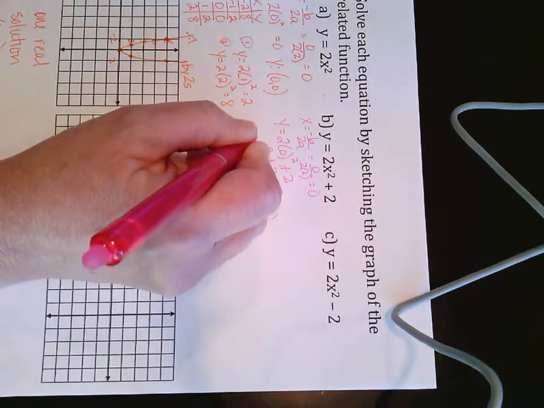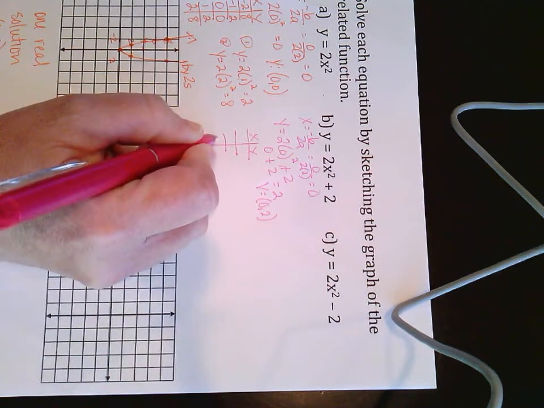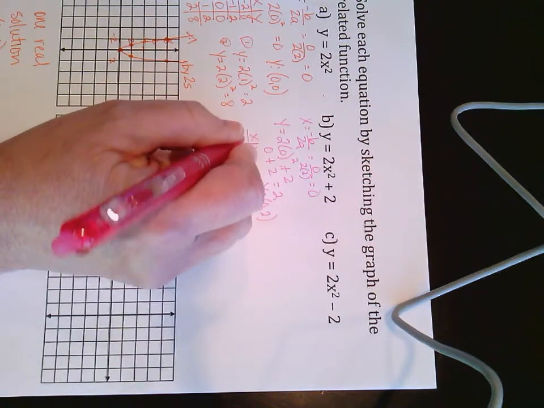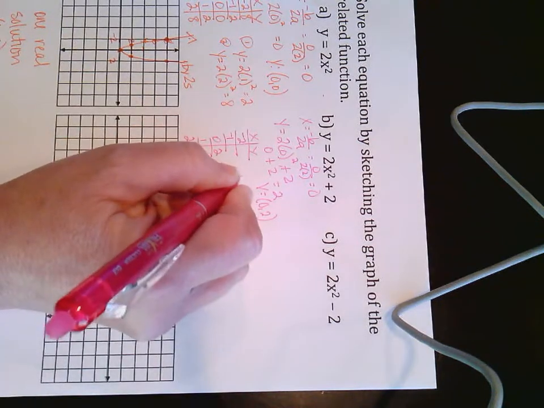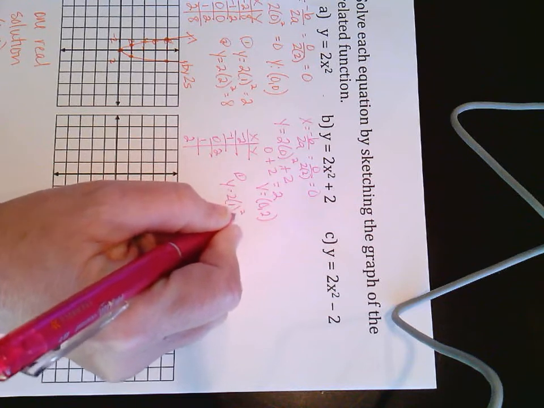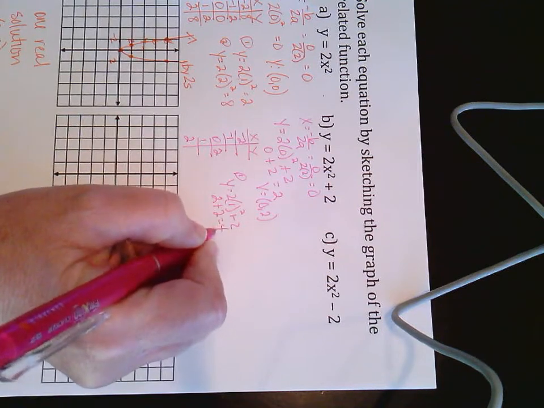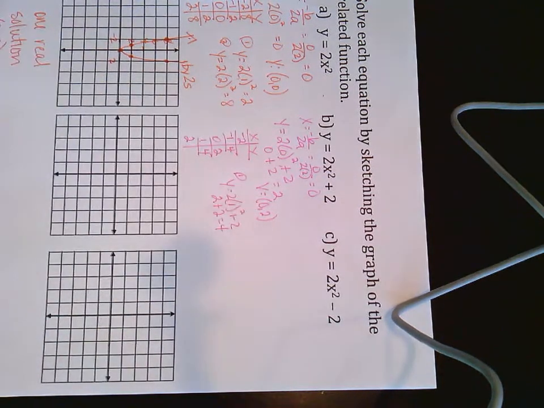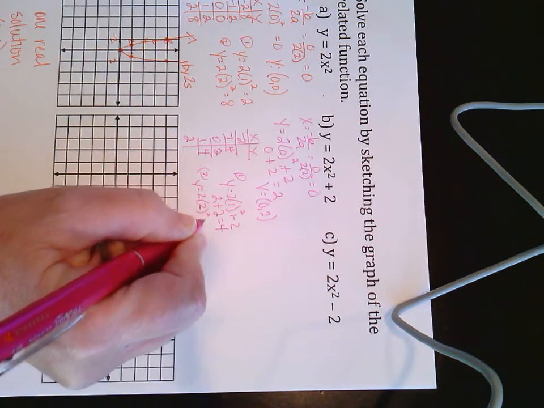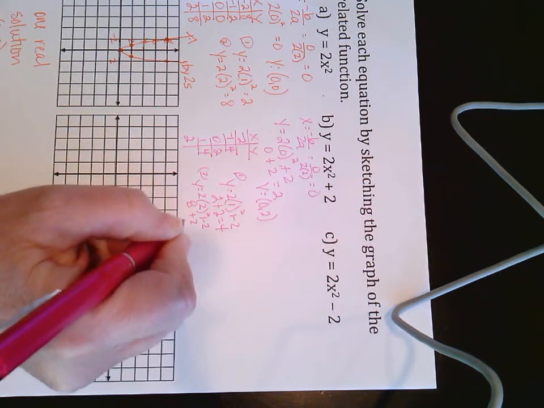So I'm going to do my x and y chart. And (0, 2) is the middle value. Your vertex should always be in the middle of the values. And then I need 2 x's to the left and 2 x's to the right. To get this one, I'm going to plug 1 in for x. So I have 2 times 1 squared plus 2. 1 squared is 1, times 2 is 2. And 2 plus 2 is 4. So that's 4, and that's going to reflect a 4 on the other side. And then the second point I have is to plug in the 2. It's 2 times 2 squared plus 2. 2 squared is 4. 4 times 2 is 8. Plus 2 is 10. So 10 here